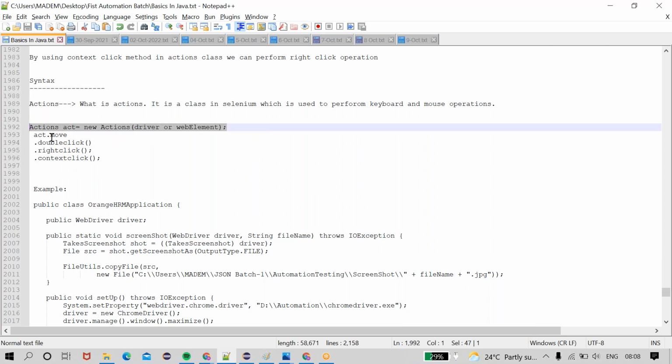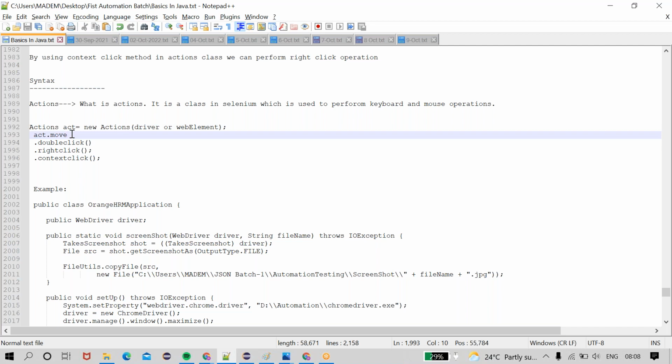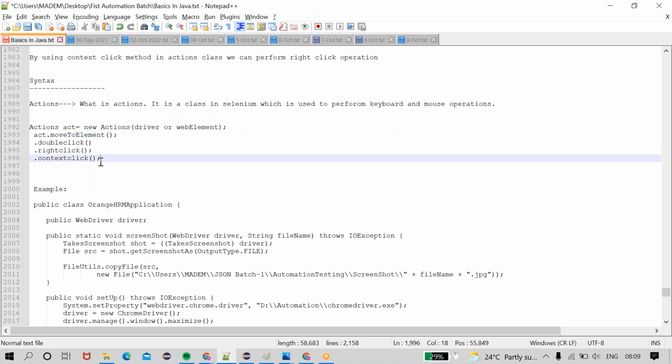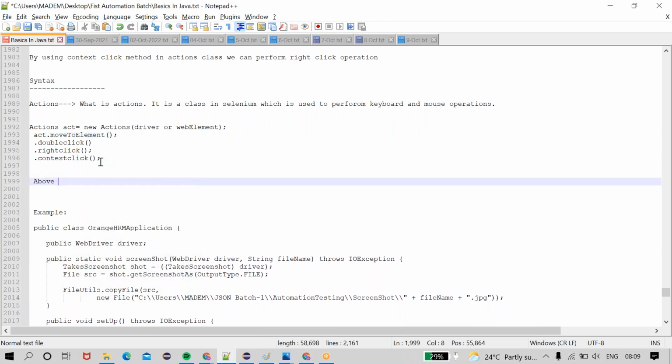actions is equal to new Actions. With this reference, we are going to perform things like move to element, or double click, right click, context click. These are the actions performed with the help of the Actions class.